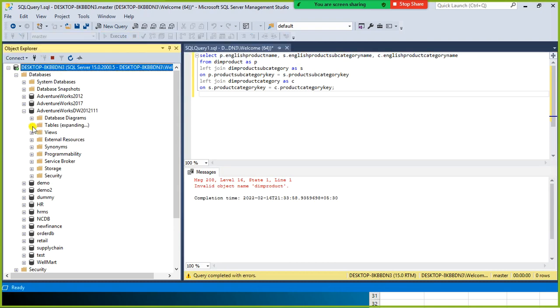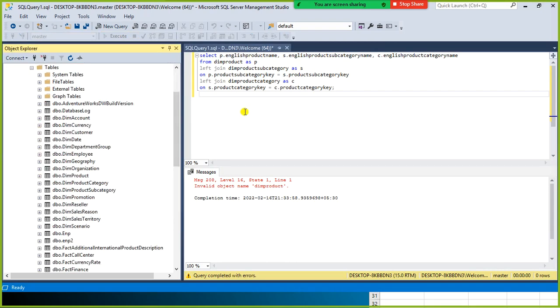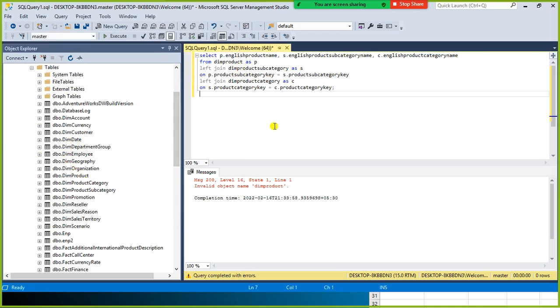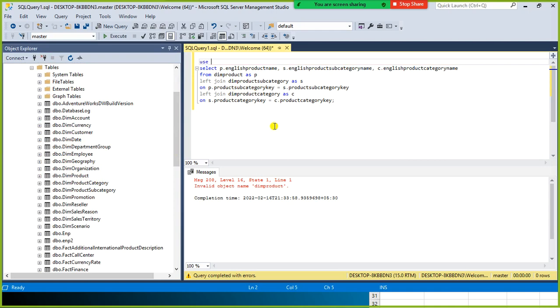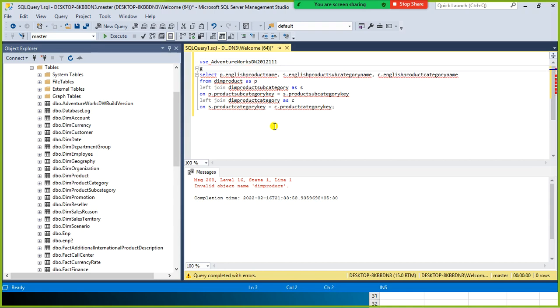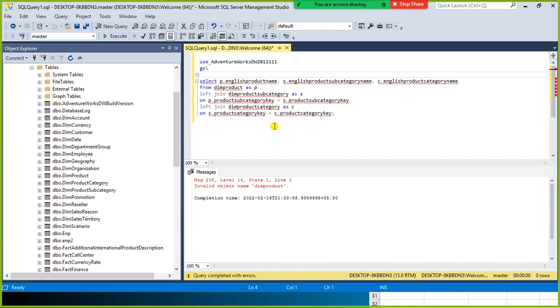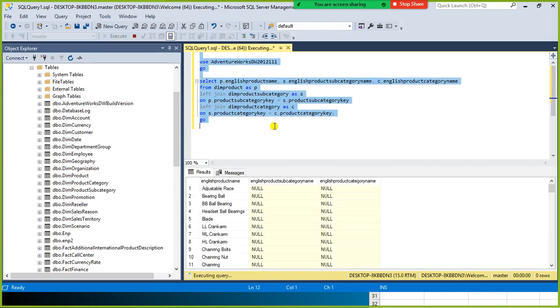Let me expand this one. Yeah, we have dim product, right? So let me go here and use AdventureWorks, and next one is go. Press F5. Cool, it's working fine.